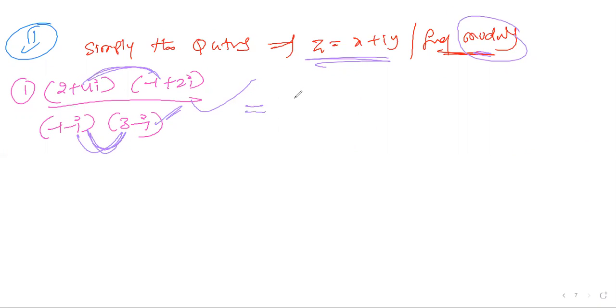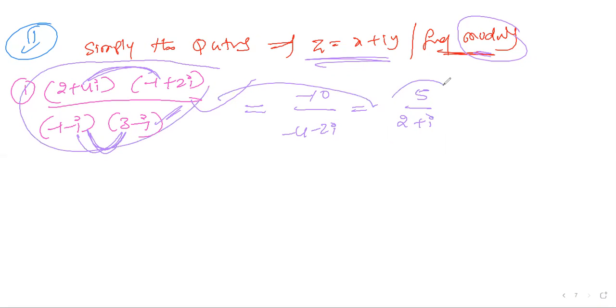After I multiply the numerator, I got minus 10 after simplification. The denominator I got minus 5 minus 2i. If I take 2i common in numerator and denominator, I got minus 5 by 2 plus i. After simplification, this question I got like this. But is it in x plus iy format? Please try to respond. Is it like this? It is not, because these are in the denominator.